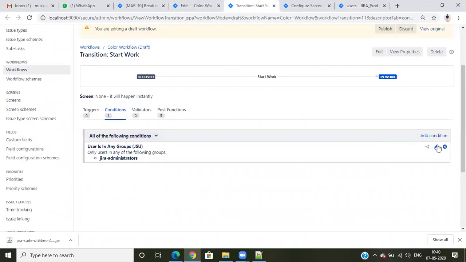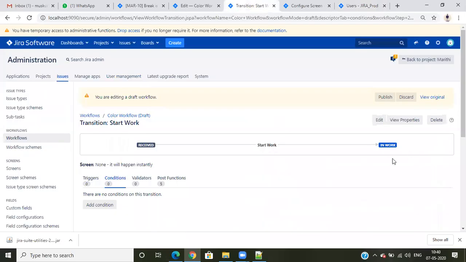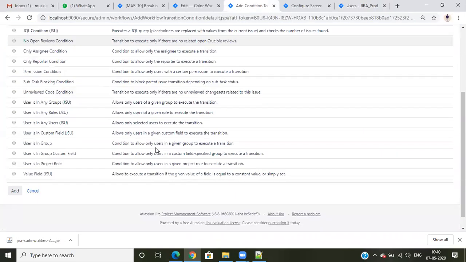Okay, and what is the most useful here? We have a user role, administrator role, developer role, and we can select particular users so that only the selected users can execute the transition. If I need only two or three people to execute it, I can add those users here.